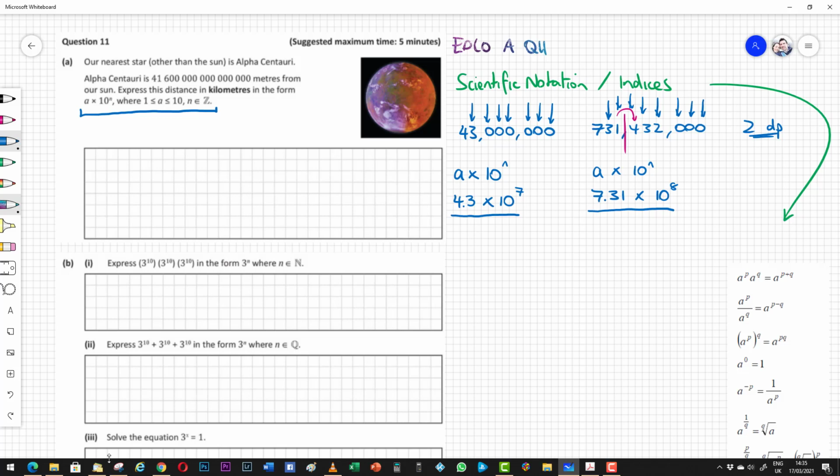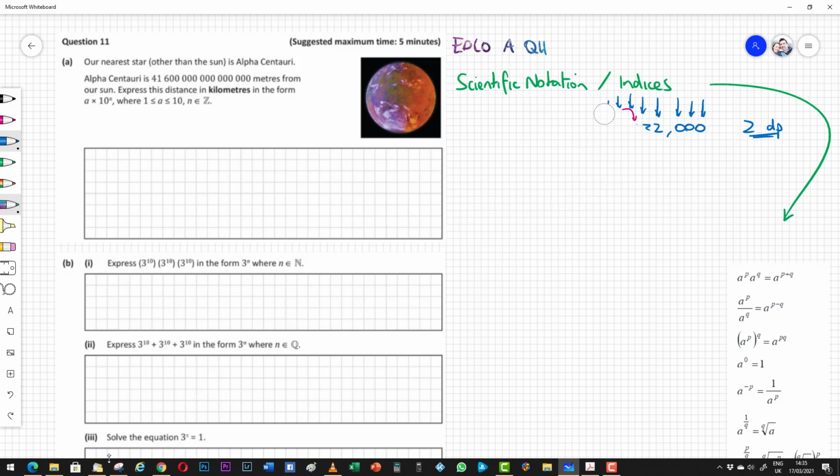Okay, just to briefly look at small numbers, even though the example we're going to use is obviously a really big number, we just want to have a quick look at how we would write really small numbers as well, because that's something we can be asked to do with scientific notation. So we'll just erase this, and what we're going to do is write down a really small number. So for example,